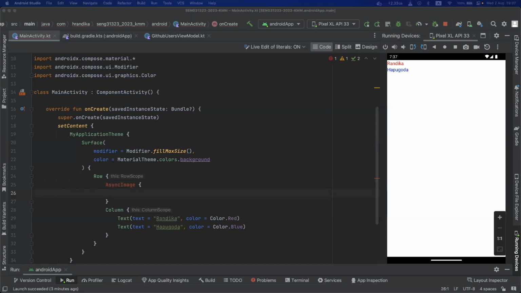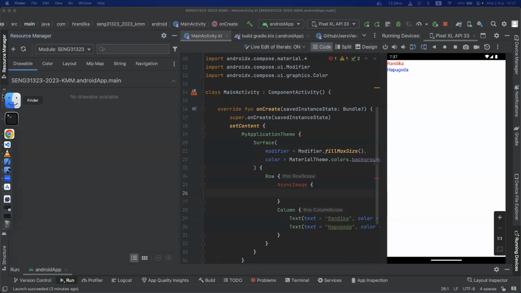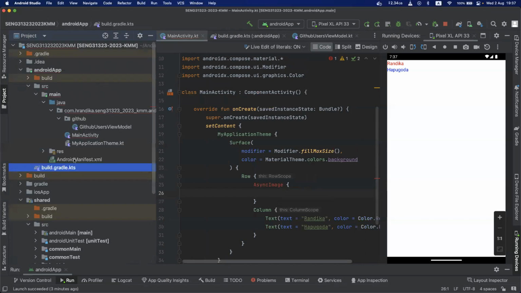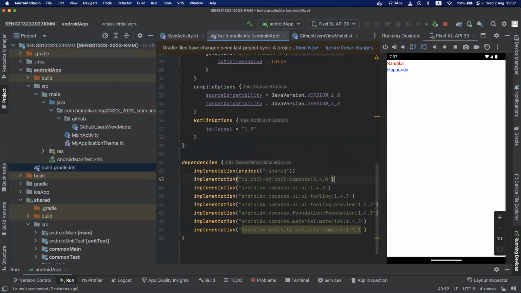It is from a package called coil. Okay, so we need to implement coil in our application. It's easy, like we did in our project. We have the build section. Make sure this is Android only. So we have to use the coil compose